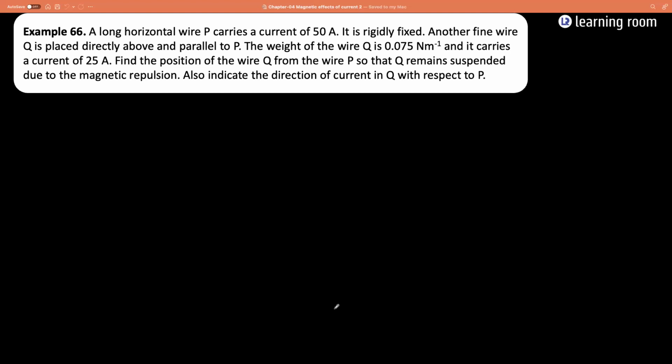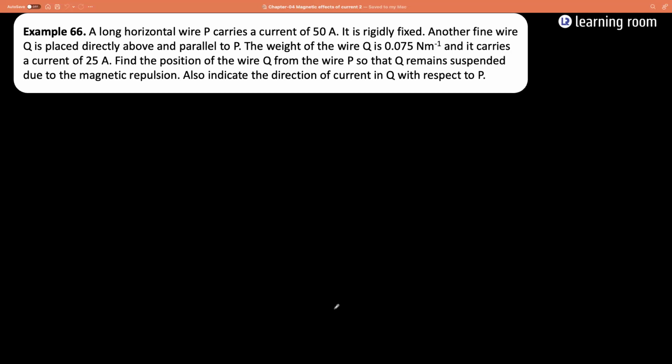Next, a long horizontal wire P carries a current of 50 ampere. It is rigidly fixed. Another fine wire Q is placed directly above and parallel to P. The weight of the wire Q is 0.075 Newton per meter and it carries a current of 25 ampere. Find the position of the wire Q from the wire P so that Q remains suspended due to the magnetic